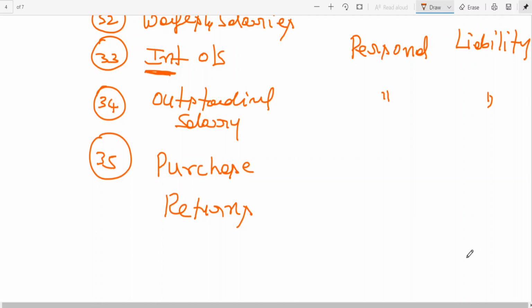Purchase returns. When purchase is real, returns is also real. Why? The reason is that when you are getting back your goods, your stock value is increasing, no? It is an asset. So therefore, real. Here you are also considering it as an asset. You are getting your goods back, which means the asset value is increasing. So like this, my dear friends, you need to go for classification.